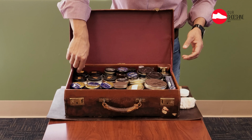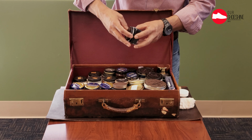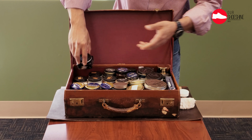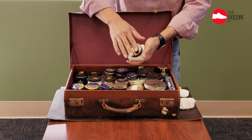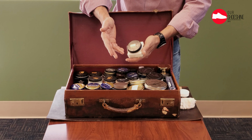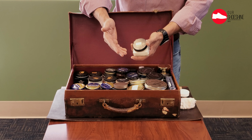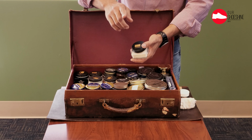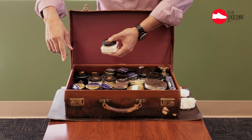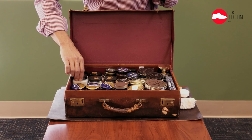I have different pigmented creams. In this case, this is navy blue. I also have basic cordovan treatment. So if we are caring for shell products, and if the shoe calls for it, then I have some cordovan creams. I have neutral, and I think I have color 8, and I have black, which are the most commonly